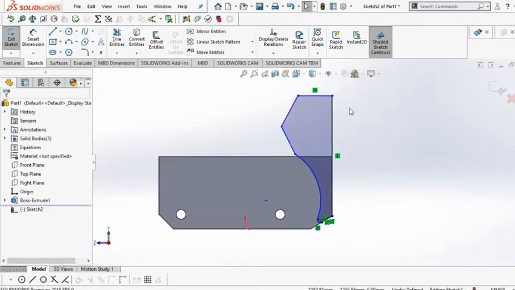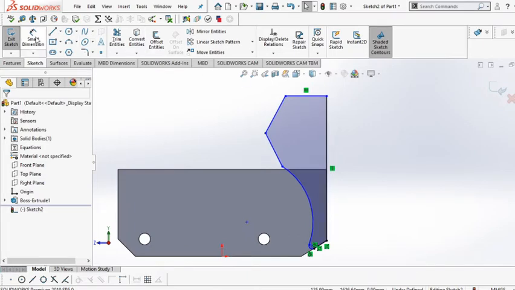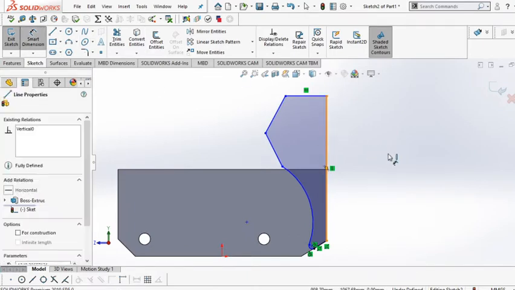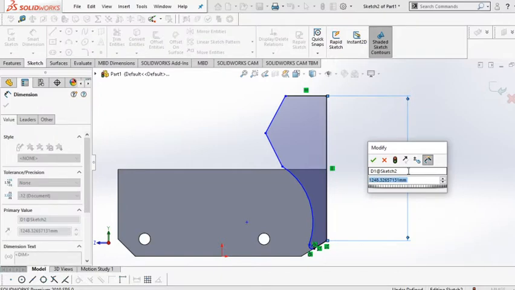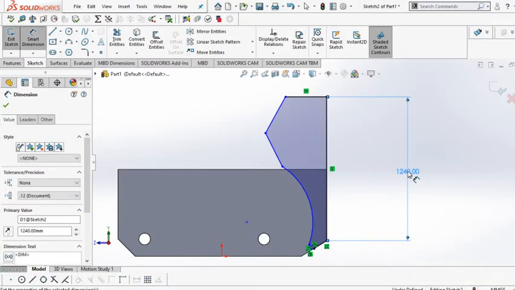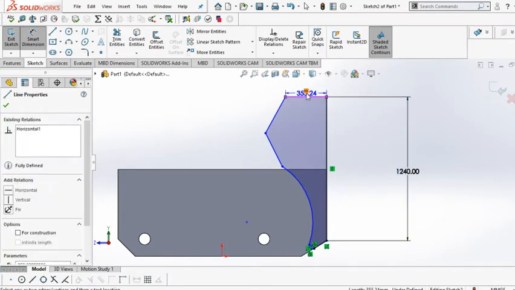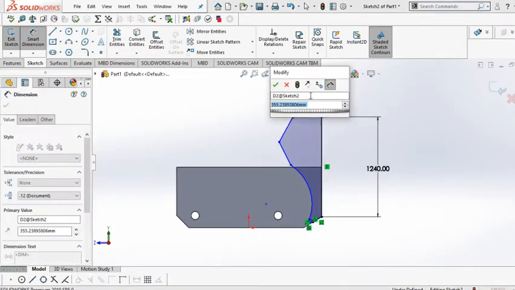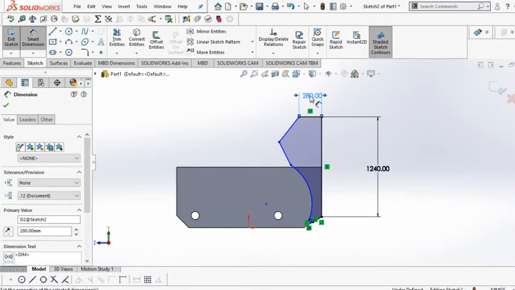And escape. Just define this dimension, I'm gonna give that as 1240. That's gonna be around 280, and give this dimension as